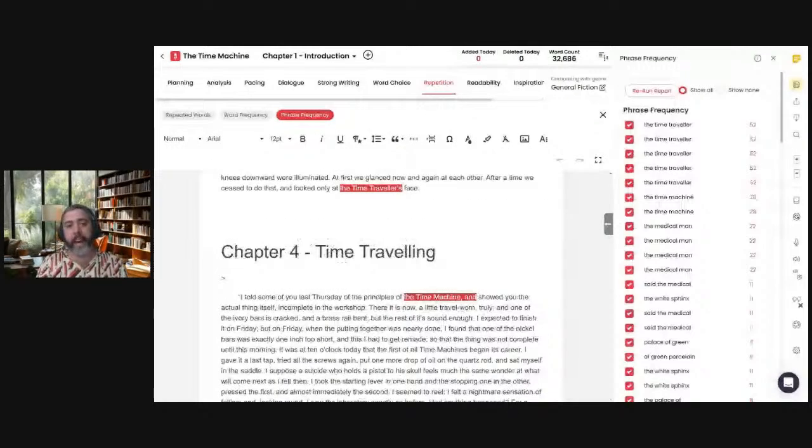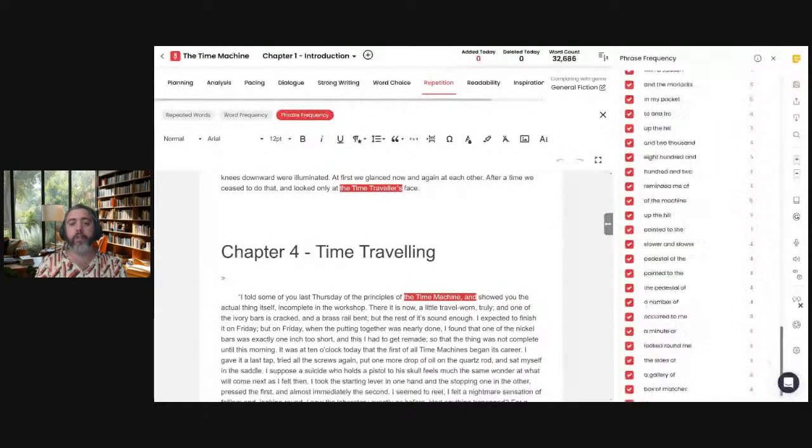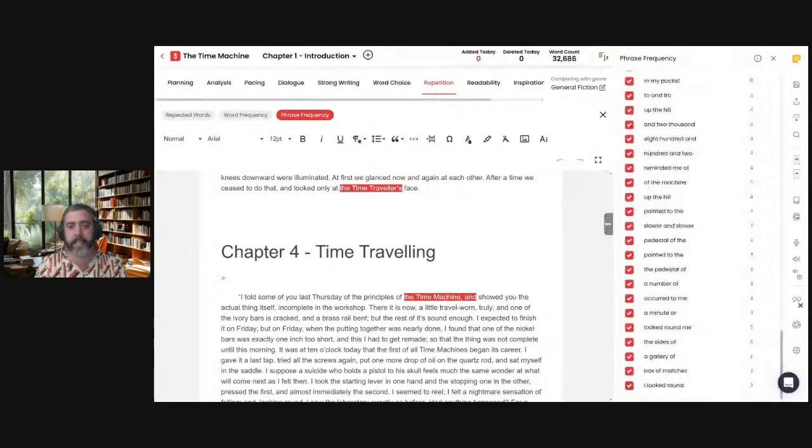Here, we have the time traveler, the medicine man. Okay, those wouldn't be that bad. On the other hand, Palace of Green, things like that. None of these seem like they would draw attention to themselves, right? When I wrote a book, it was like they nodded confidently. They nodded confidently. They nodded confidently. It's like there are other ways to nod.